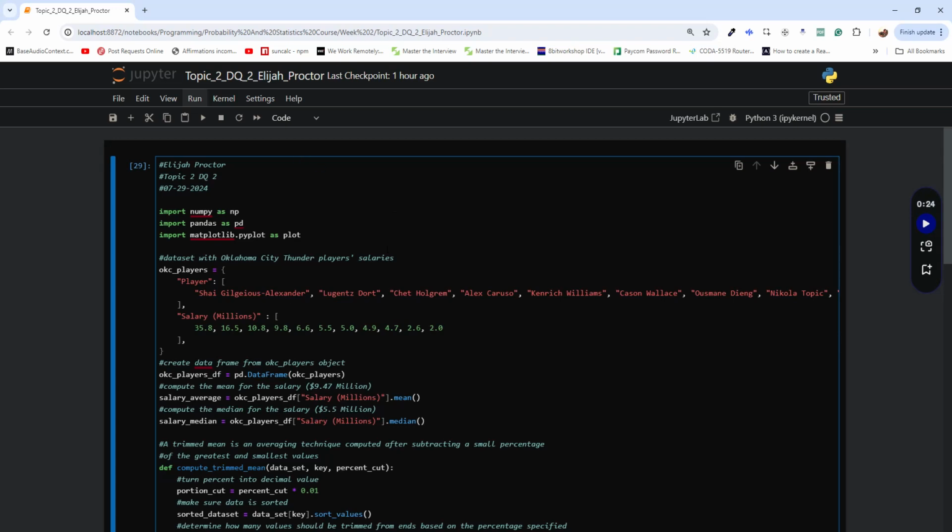Hello everyone, my name is Elijah Proctor, and today we're going to be talking about a scenario where the mean and median values of a data set may differ significantly, and how we can propose a solution to handle this discrepancy. And so what we're going to be using as an example is the salaries of the Oklahoma City Thunder